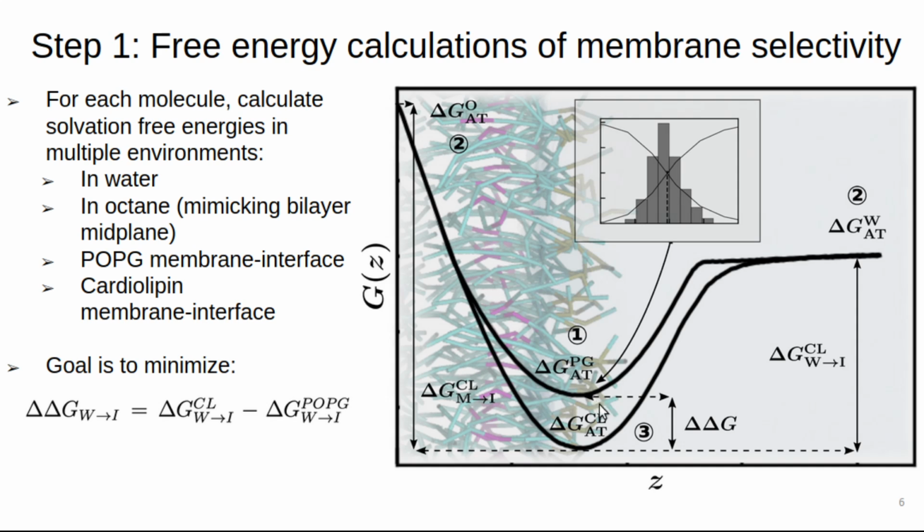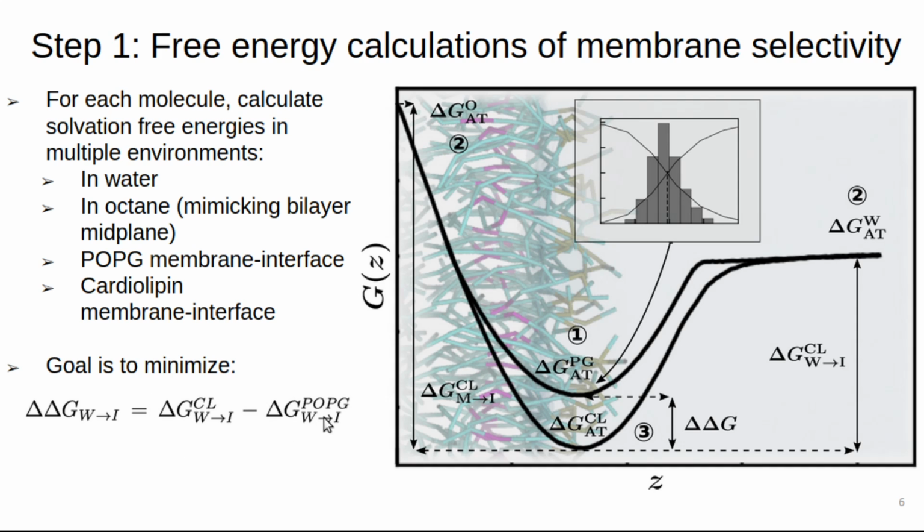Ultimately, we aim to minimize the difference of the free energy difference between water and the interface in cardiolipin and in POPG. In doing so, we are aiming to find a molecule that preferentially inserts into